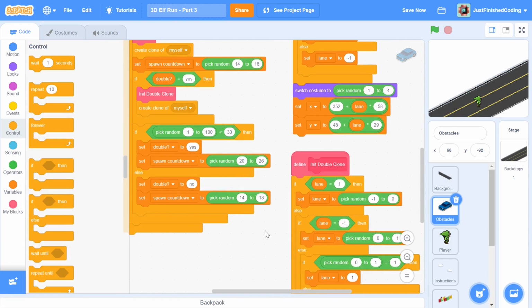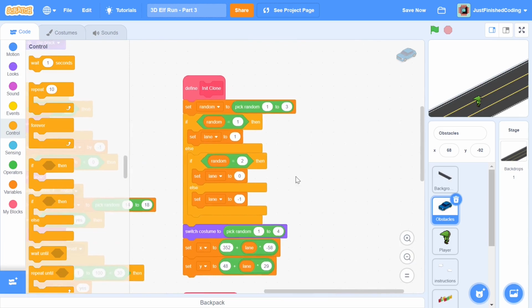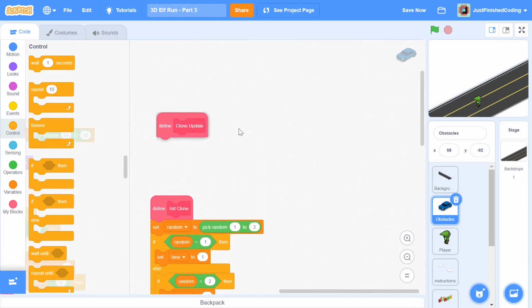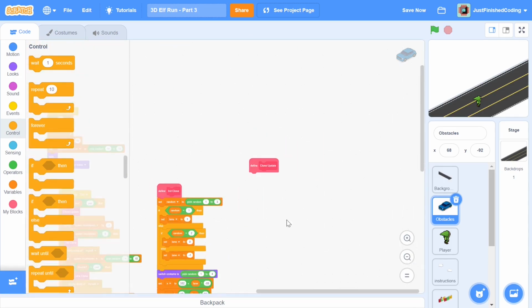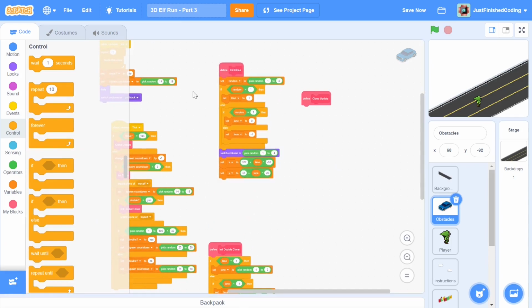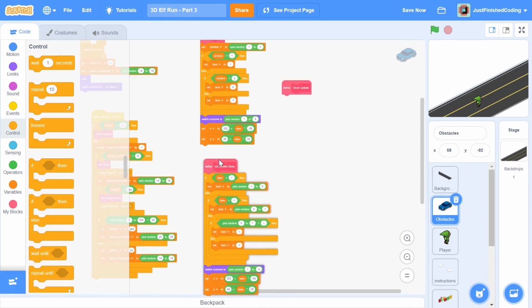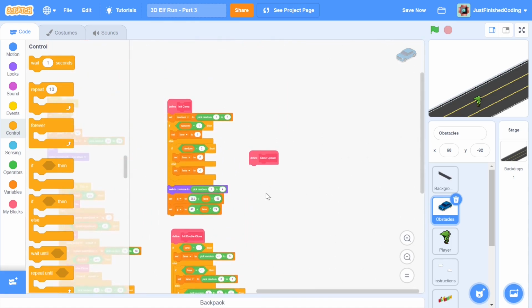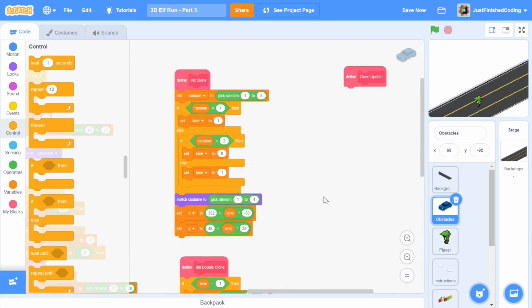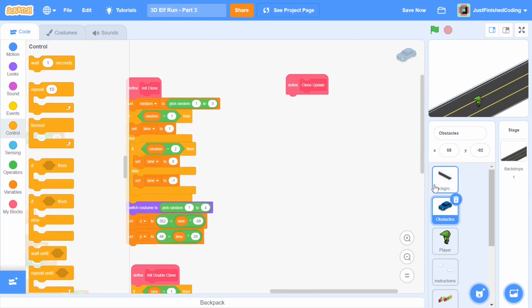Okay, so before I end this video, it's important to make sure that we can see our clones move. And that is obviously our clone update. Before I get into that, let me quickly declutter all of this because it's occupying quite a bit of unnecessary space. Okay, so we can drag and drop the clone update right there. And our clone update is going to be very, very similar to our background update, which we did there.